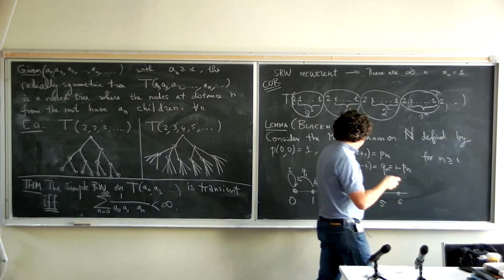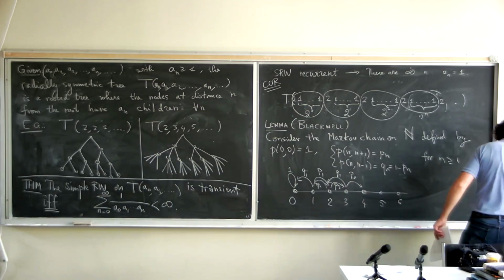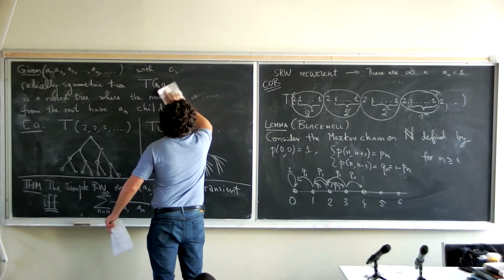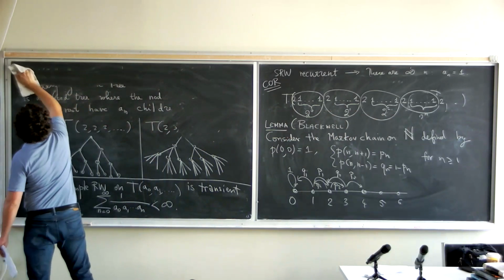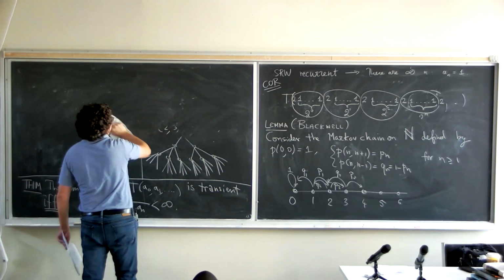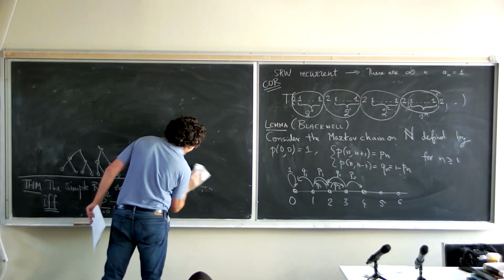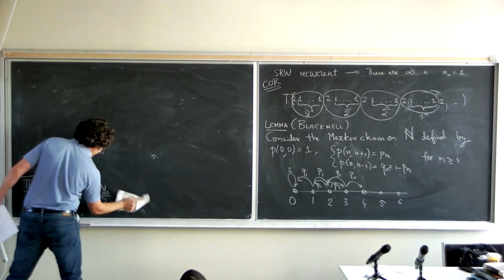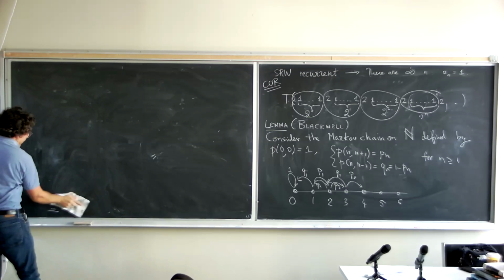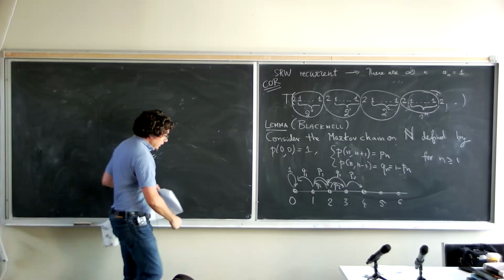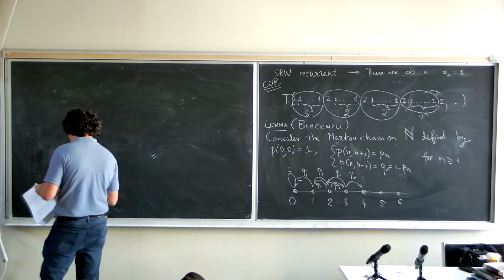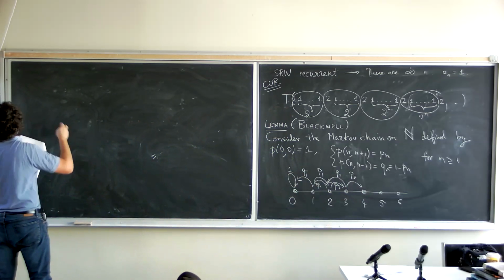And now the question is, is this Markov chain recurrent? So again, for instance, do you hit 0? So if you're in 0, you stay in 0. So you don't do anything. But the question is, if you start from some other point on the line, are you going to eventually hit 0 or not? Right? And the theorem is the following.